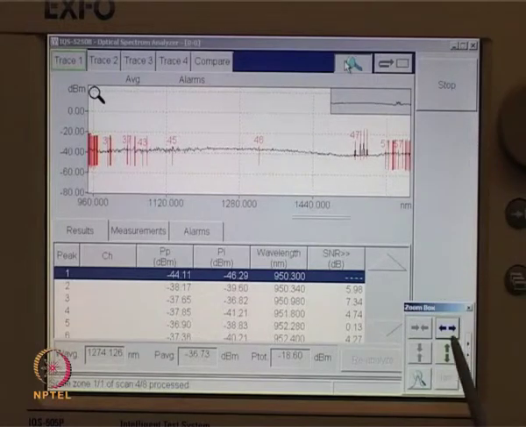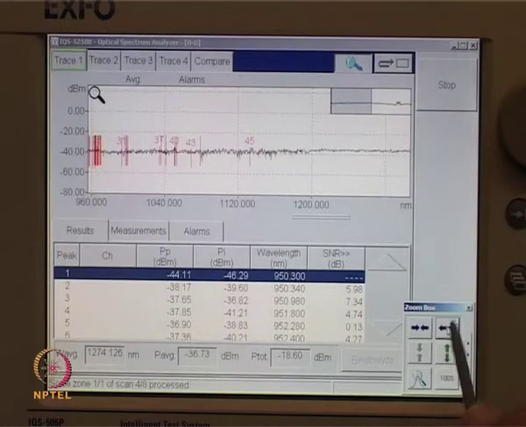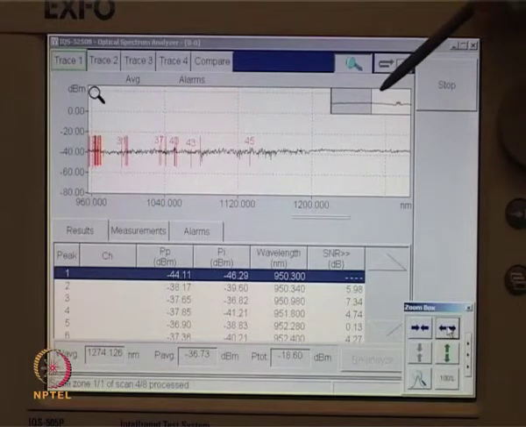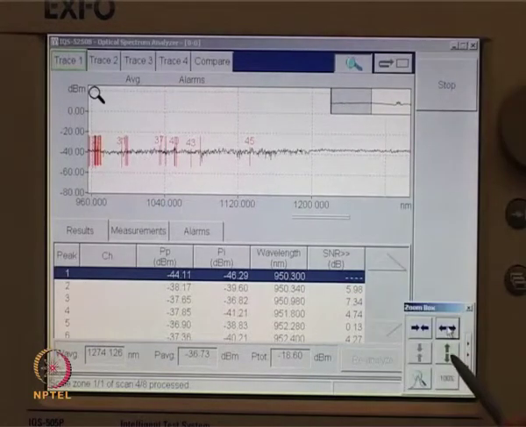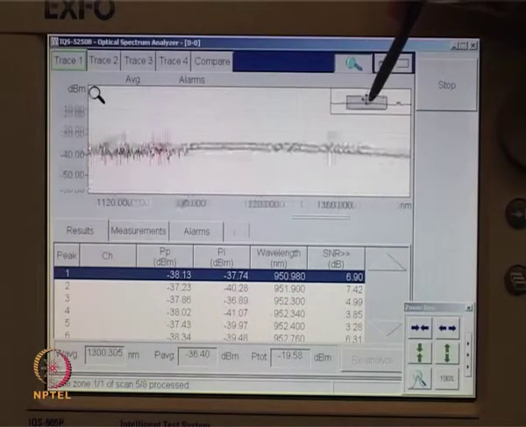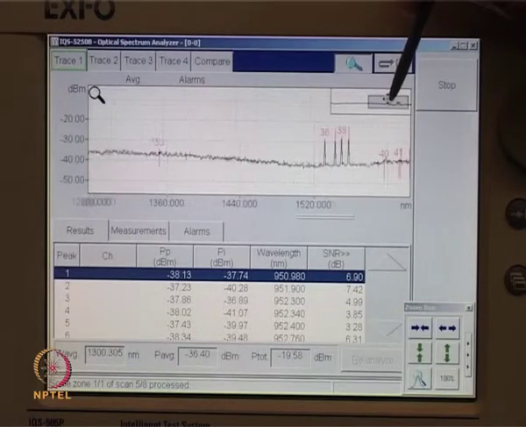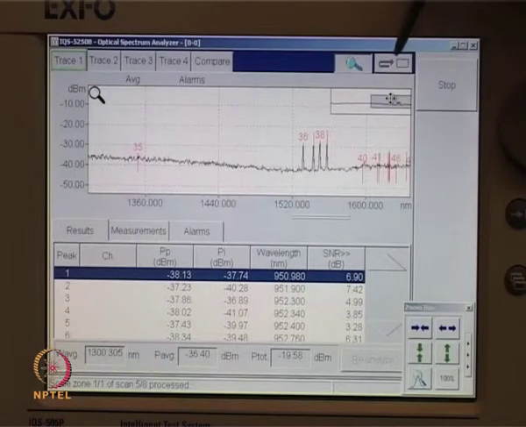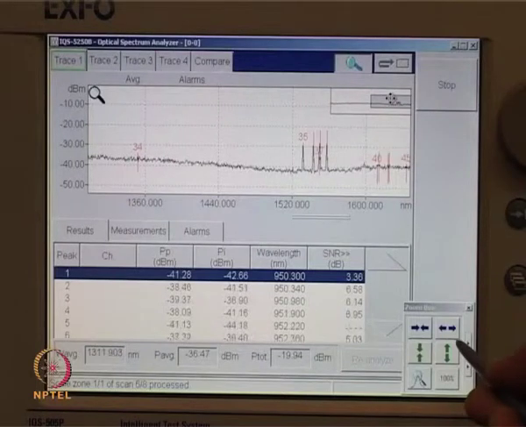The display can be zoomed by pressing a lens. A horizontal and vertical arrow shows the windows can be focused as shown on the screen. You can go to the display where the 4 peaks of power are clearly shown, more focused, zoomed in.